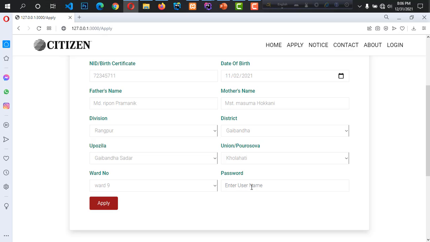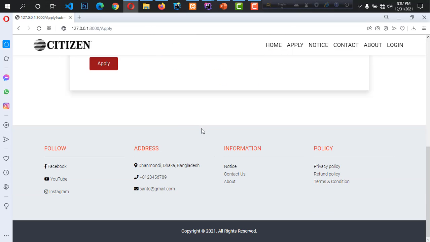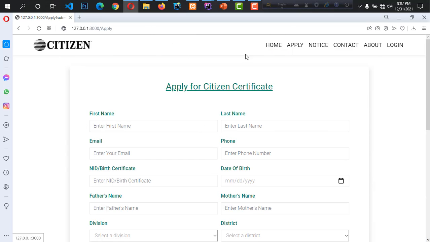So I give a password 123. So now I click on apply. Here it says apply successfully. So this is the system for apply. Now I can log in.